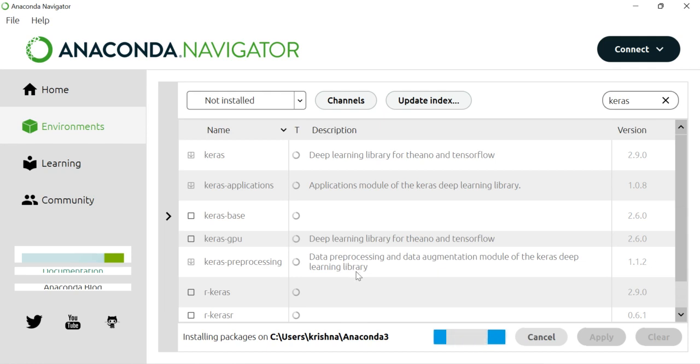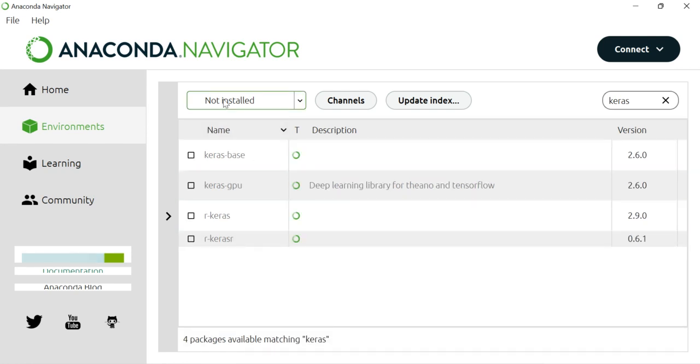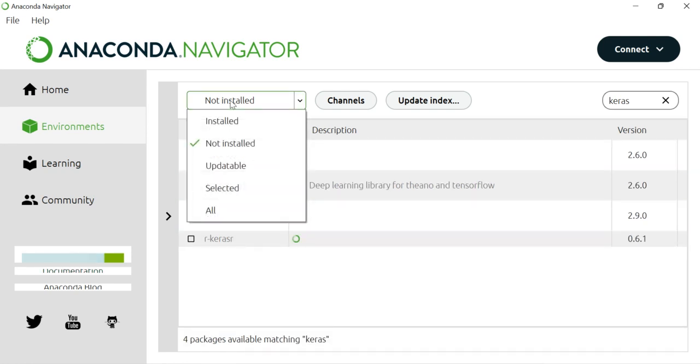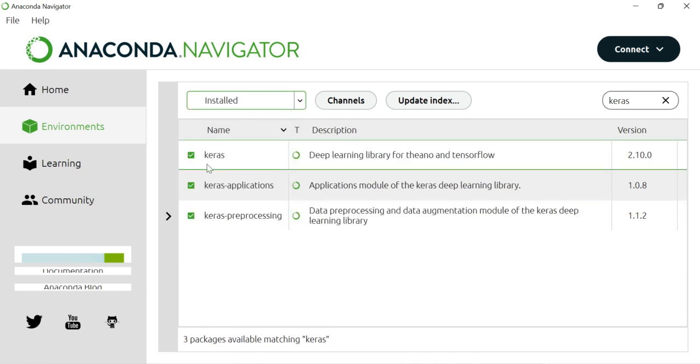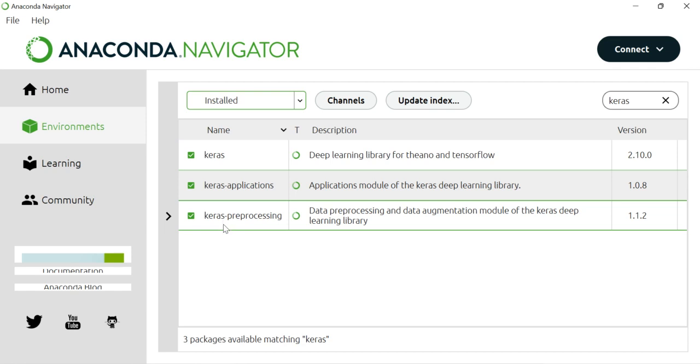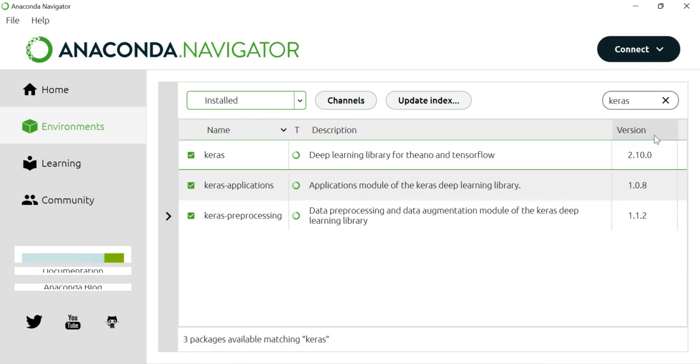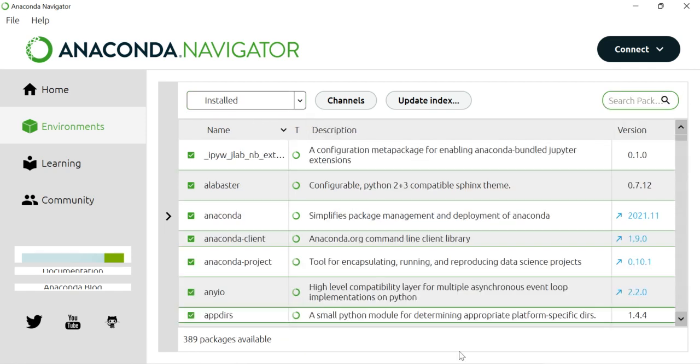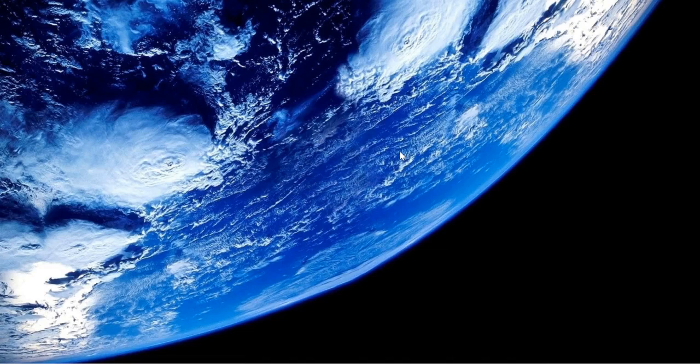Alright, so it will take some time again, a few minutes. After that it will get installed in your environment. Alright, that's it. It has been installed. If you want to check that, just filter by installed and you will see in the installed section all three packages showing, right? So this is how you can install the module